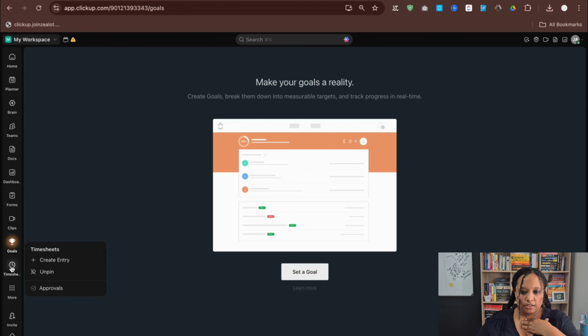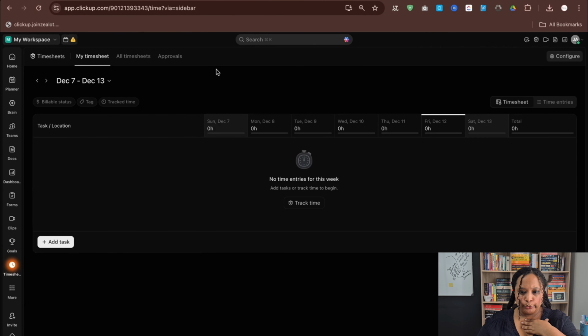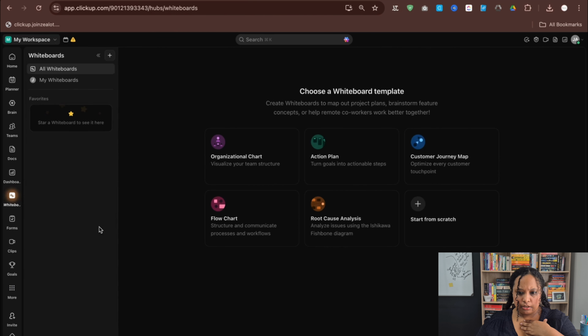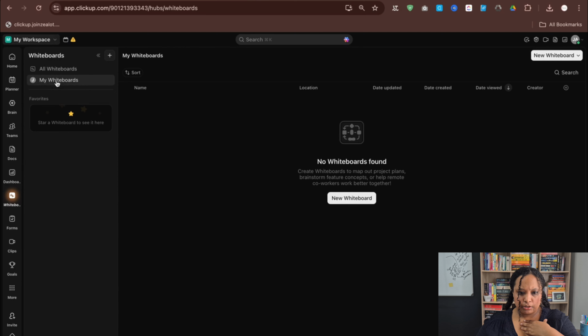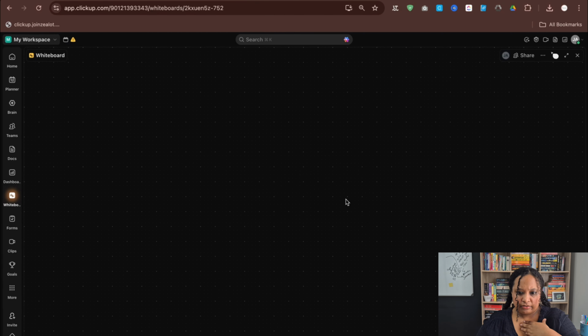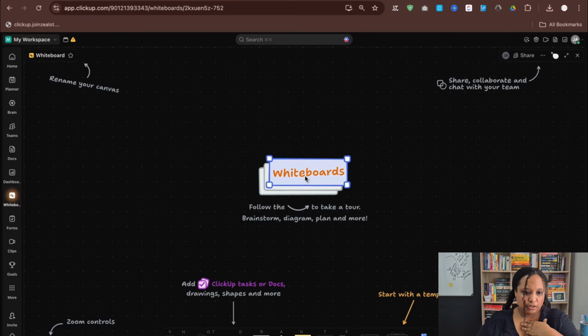Then there are the timesheets, another one of my faves. And what more do we have? Spaces are old. The whiteboard obviously is also old. Again, not something I use often, but it's there if it's something you like using. So there you have it. That's the new ClickUp